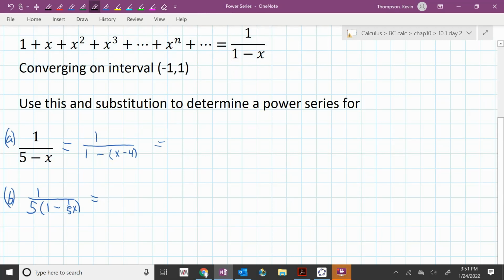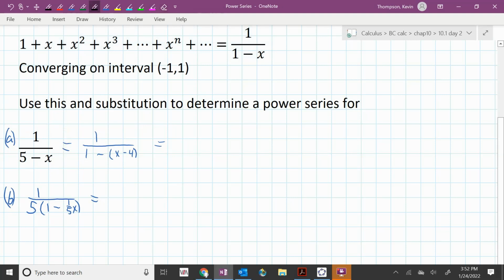And we saw that a little bit with GeoGebra and how it fits the curve from -1 to 1, but not outside of that. So here, we're talking about how we can use that power series, use this information here to generate new ones that may have different intervals of convergence. And part of this is about thinking about the center and changing where the center is, and a visualization of that. So first observation is that I can think of 1 over 5 minus x